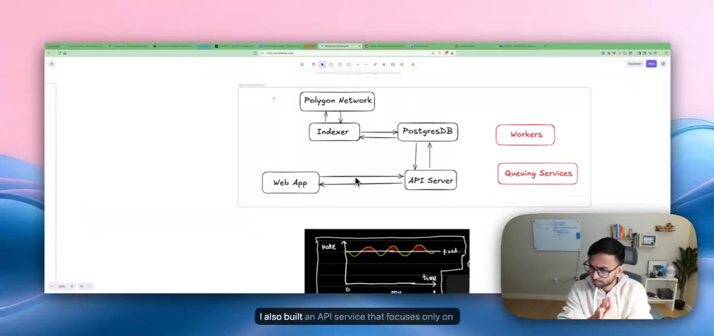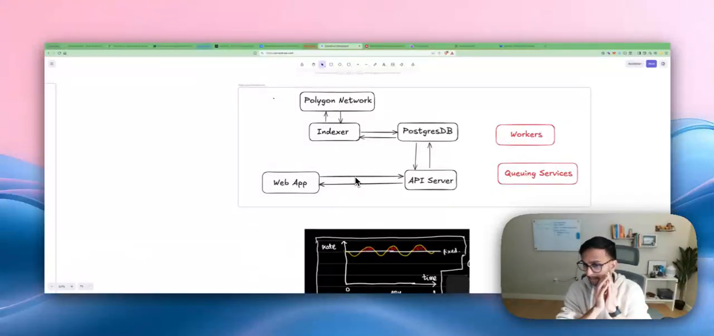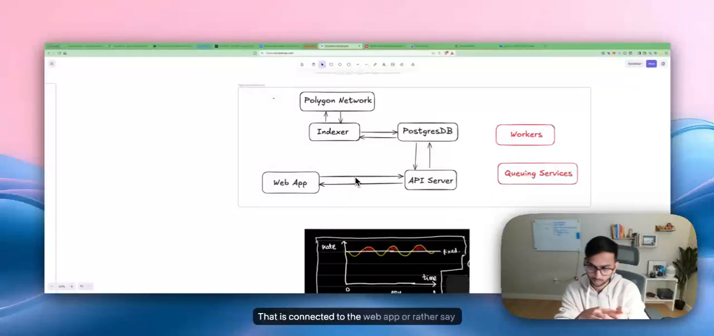And I also built a core API service that focuses only on the core functionalities. That is connected to the web app, or rather, the web app is connected to the API server. And as you can see, the workers and queuing services are in red because that is a yet-to-